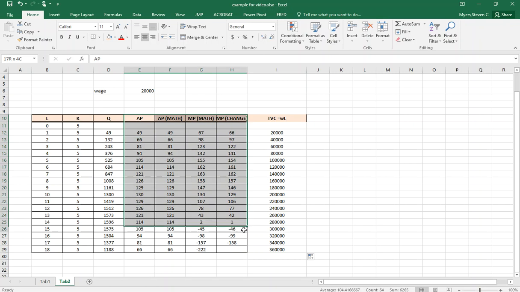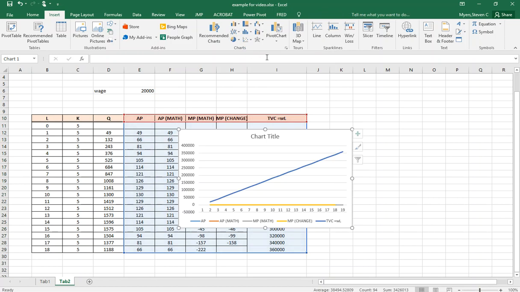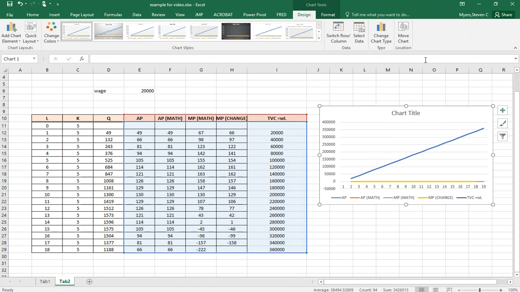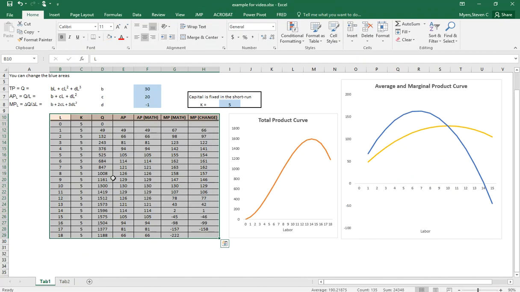Let's try it again. Here we go. Insert, same kind of line graph. And here's my total variable cost. It's standing out, but other things don't look so good because they're on a different scale. So if I wanted to do average variable cost, I could include it or whatever. But what I want you to notice is just the size of this curve. We're going to go back to the other screen, and we're going to pick something like that -2,